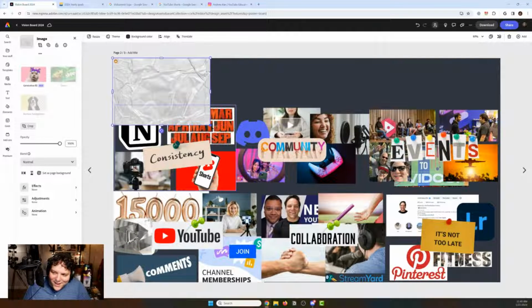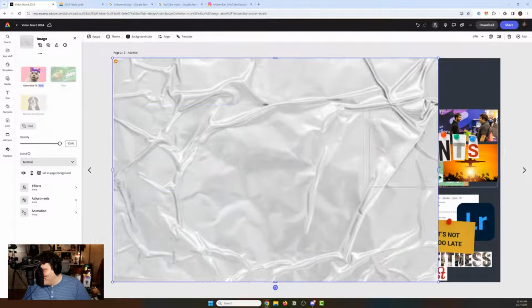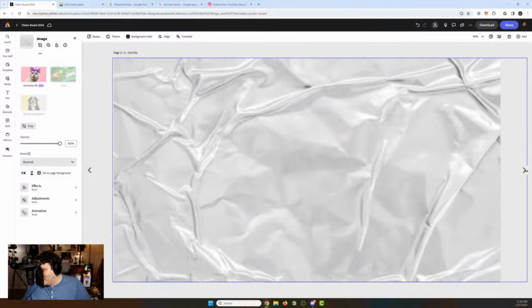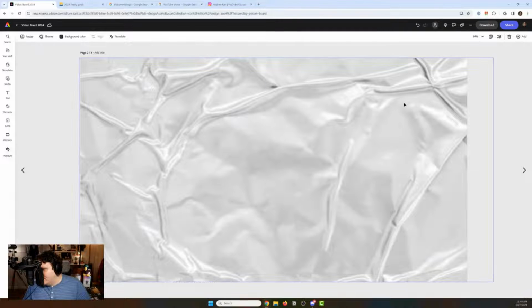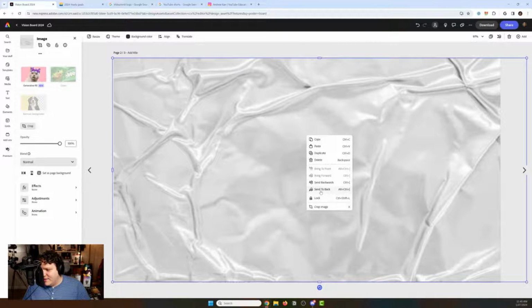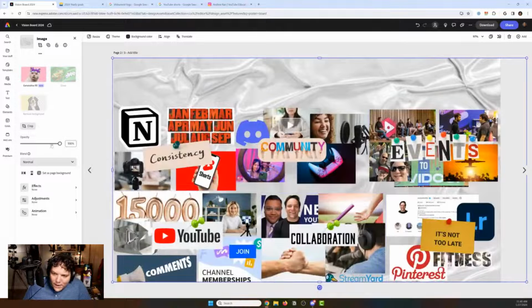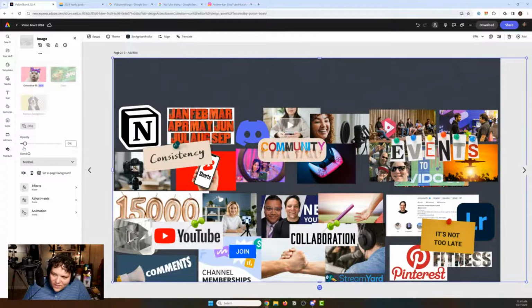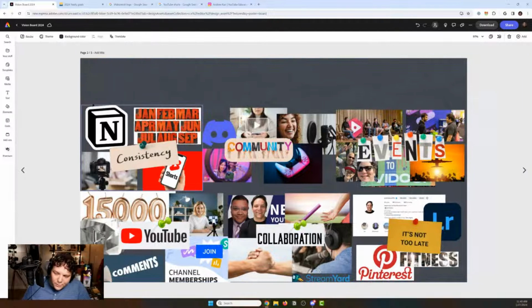Okay. If I want to emulate that paper feel, like I said, or want to make it feel like it's paper, that's it. That's my vision board. It's perfect. Definitely not going to right click and send that to the back at all. But maybe I make the opacity a little more, make it more screen, don't make it super noticeable, but I know it's there. It's just a texture, to help it look a little bit better.